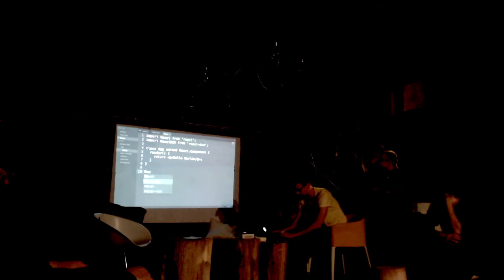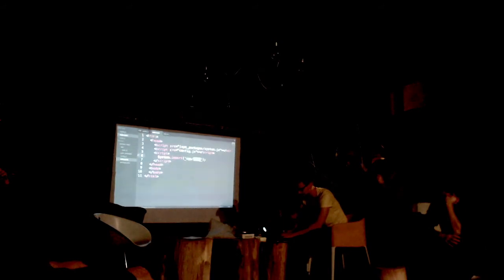Then we have to inject it into our application, getElementById content. Let's just create the proper ID, and it should work,